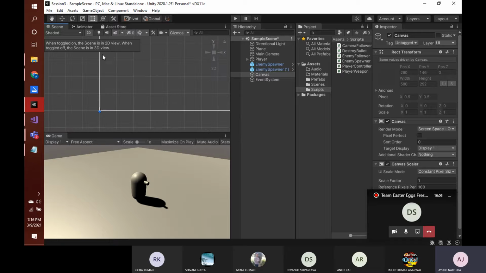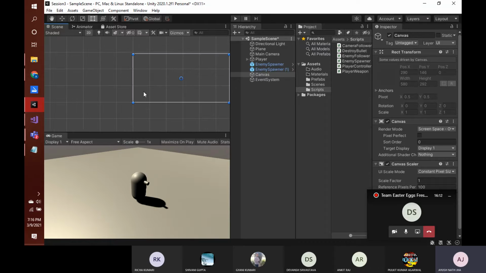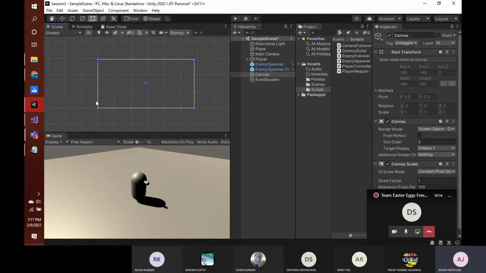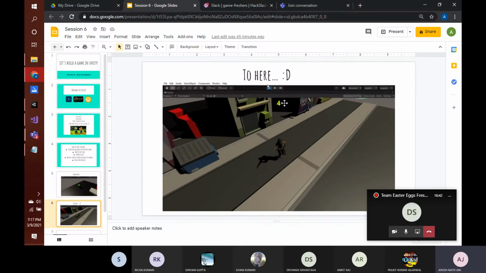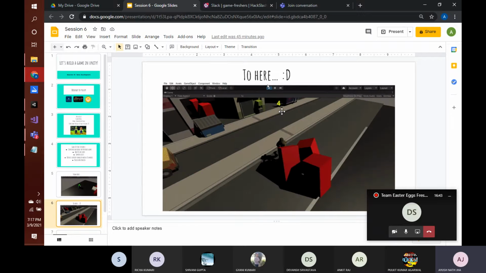If I click this, you can see that my complete scene has now turned into a 2D mode. I have this rectangle bounded area, which is marked by my canvas. Within this area, whatever elements are present will be displayed on the screen. For example, if some element is present here, it will be rendered here, so you can map this to the respective locations. And as you can see in our demo scene, we have one text at the top corner, at the top center.